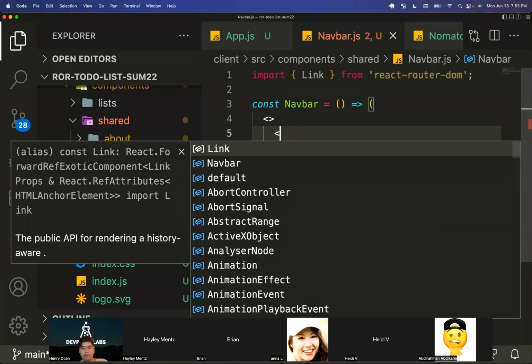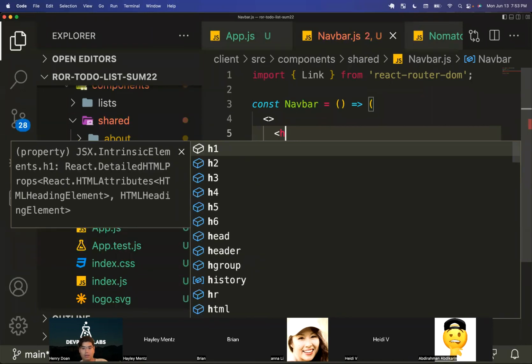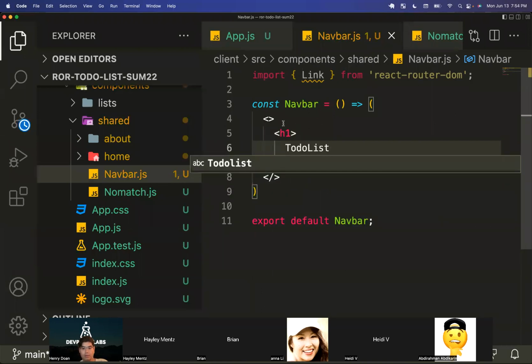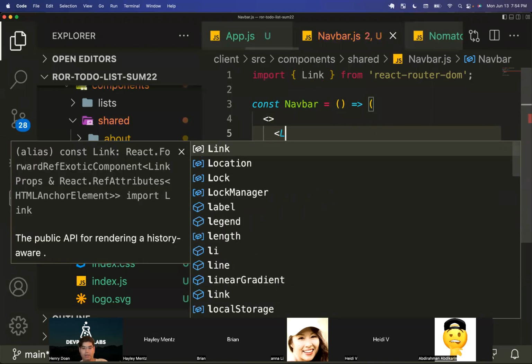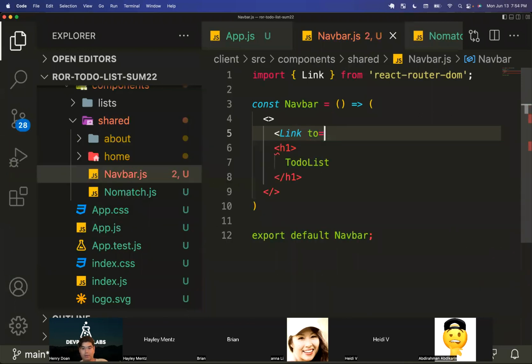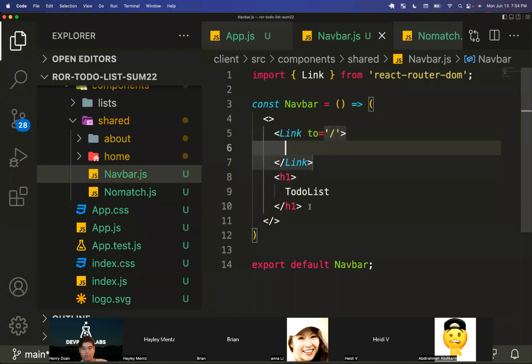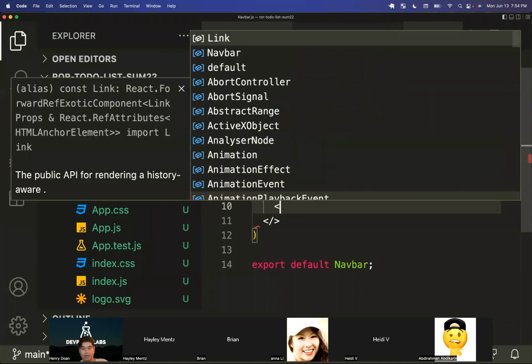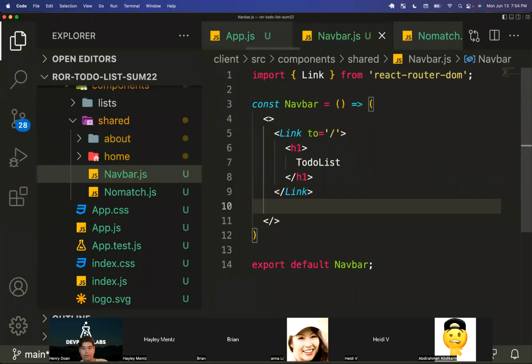One of them is going to be in an H1 that says to-do list. But this one is technically a link. So I'll wrap that around a link tag, going to home. And put this up here for the nav bar. And then I'll have another link tag. Well, actually,